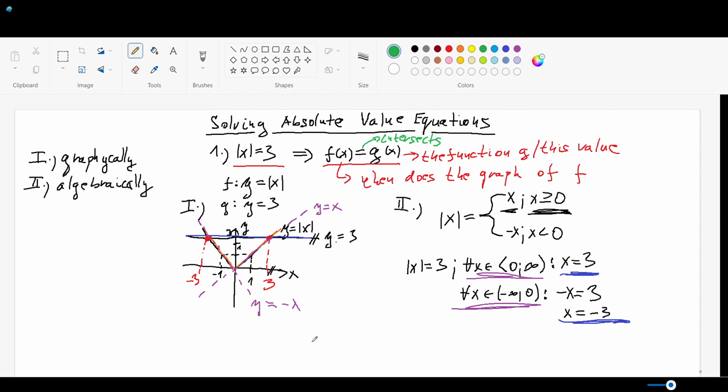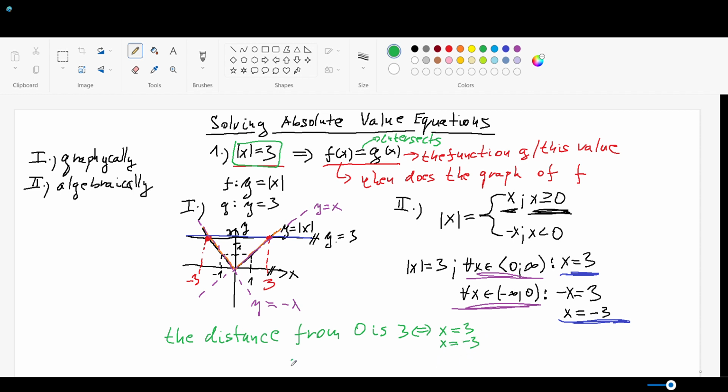And there is one more thing I want to stress. How do we read this equation from a technical point of view? We can say that the distance from 0 is 3, which technically means that this is if and only if x is equal to 3 or x is